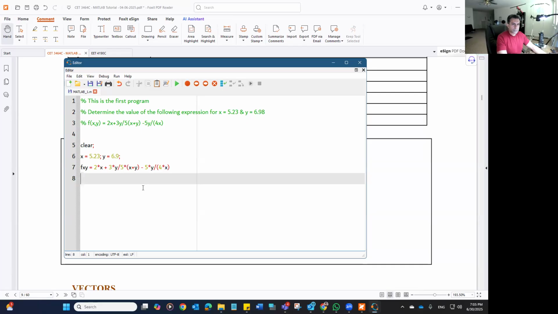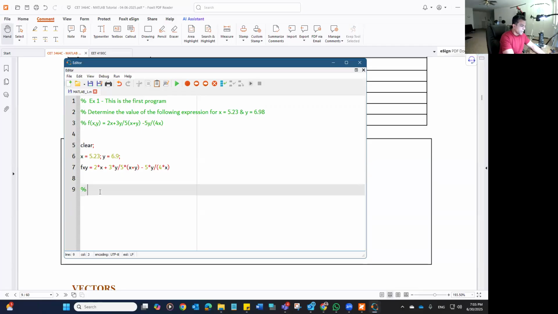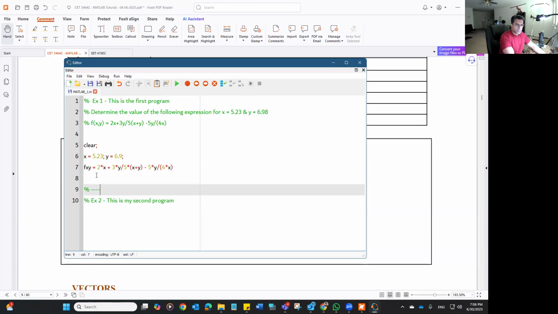Just make sure that you divide them. So let's say this is your exercise 1, so this is going to be EX1, the first program. And let's say you are doing exercise 2, then just put a comment again, EX2. You don't have to write much, but if you want to write a description of whatever you're doing, that's fine. I'm just going to write, this is my second program, and perhaps it might be better to put a line between them to separate them. You can put a line like this as a comment. For next week, I will prefer if you put all of them into one single file,